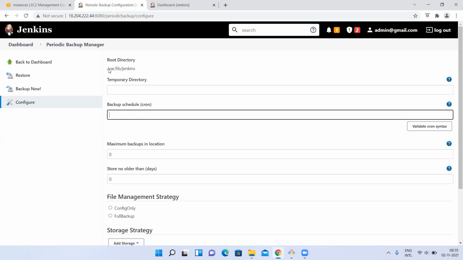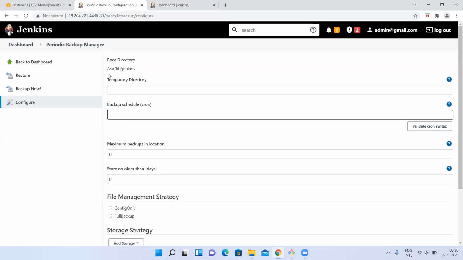Every day at 12 o'clock, it is going to take the backup. Every hour, every minute, I want to take backup. Okay, you can write it, right? You can write the expression for every 5 minutes, how we have written for Polesium. So like this, it is going to take a backup, right?